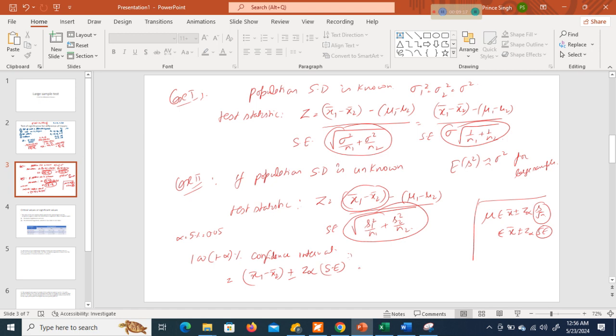And what is the standard error? It is equal to the square root of s1 square upon n1 plus s2 square upon n2. Sometimes a direct question is asked about the formula of the standard error, then we can use this formula. Or sometimes data is given and we need to calculate the standard error, then we can use this formula at a specific level of significance. So let us see how we can implement this in